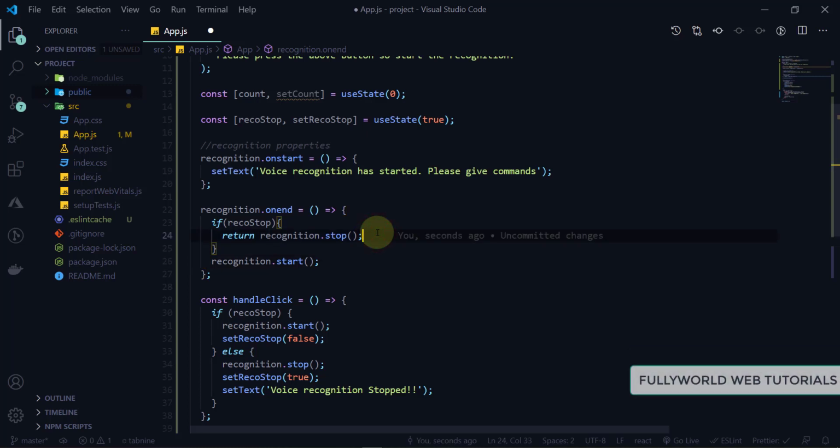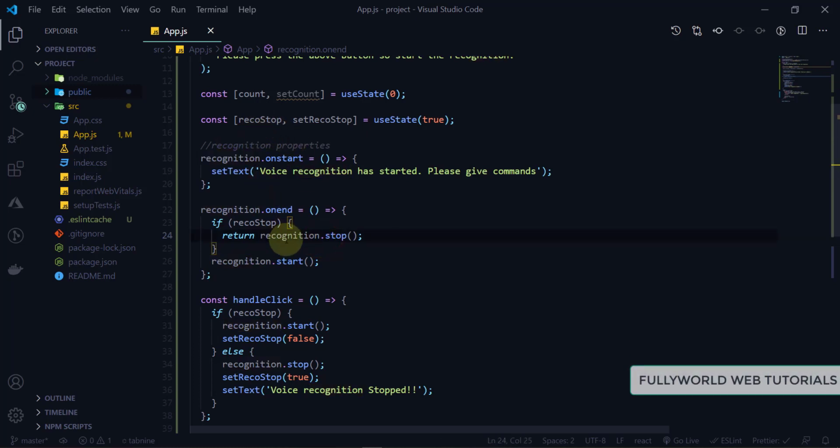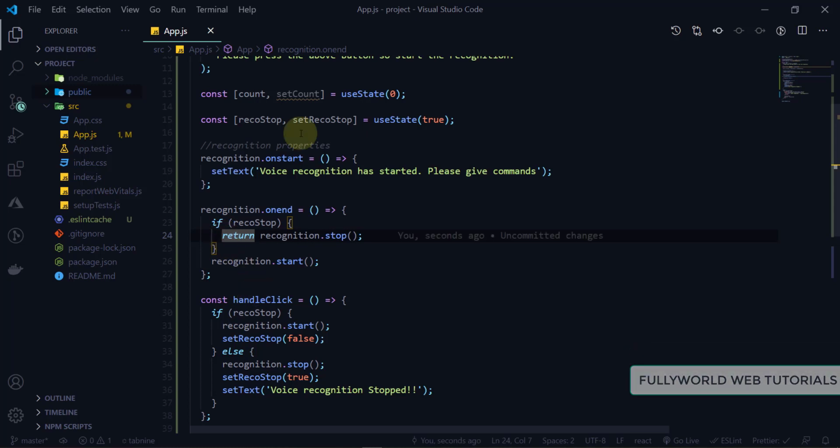So see, this is a method here. If reco dot stop is equal to true, if our recognition is already stopped, then we will not start this recognition. If this recognition is not stopped, then we will start our recognition. So if we stop this, then we will set this reco stop as true.